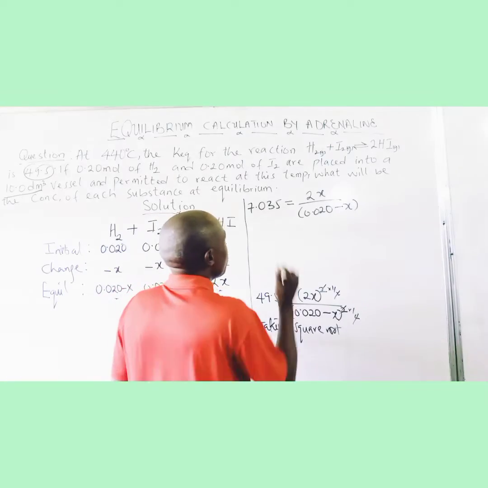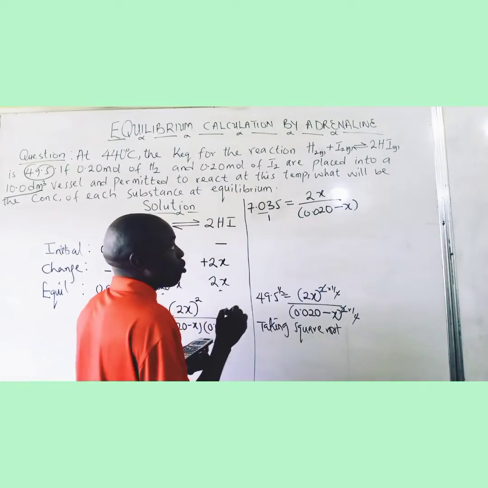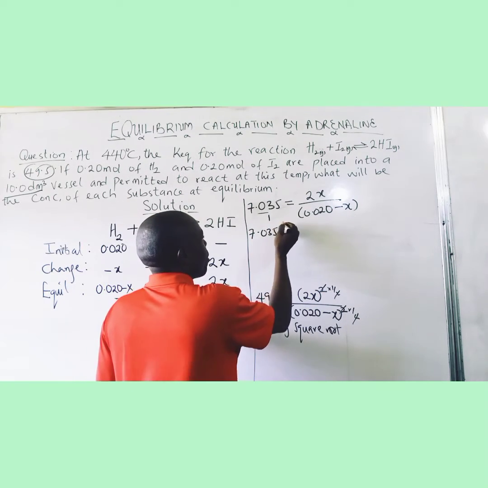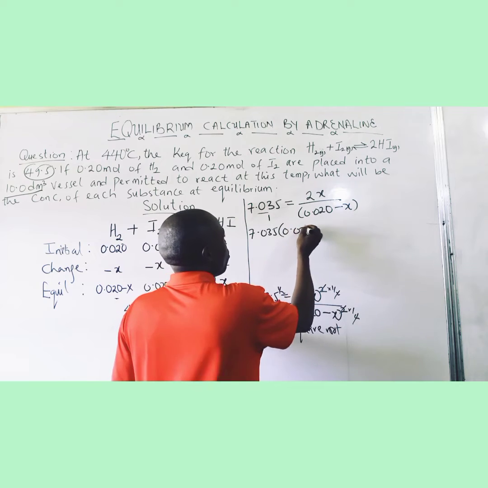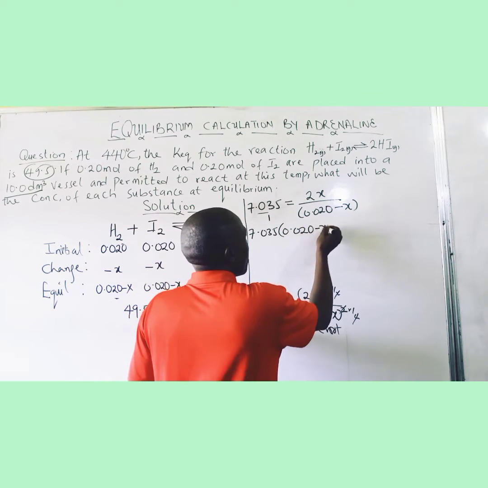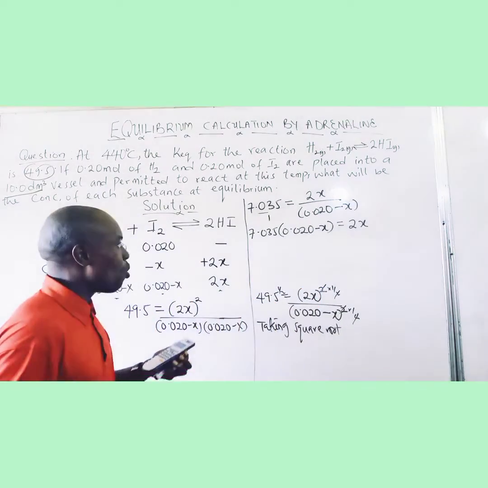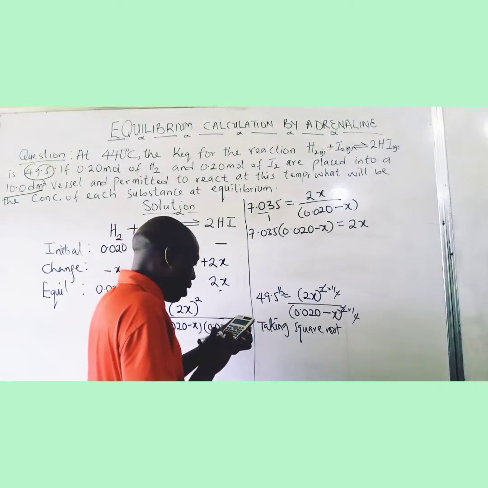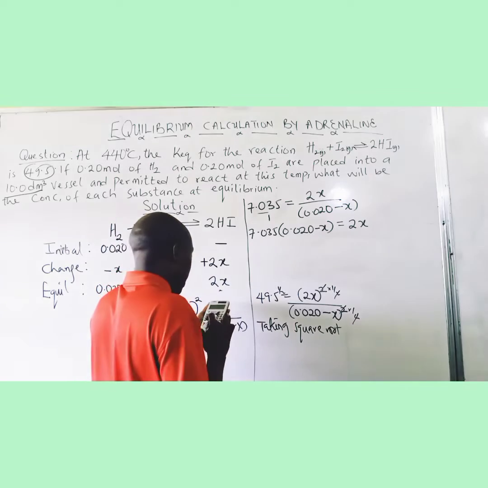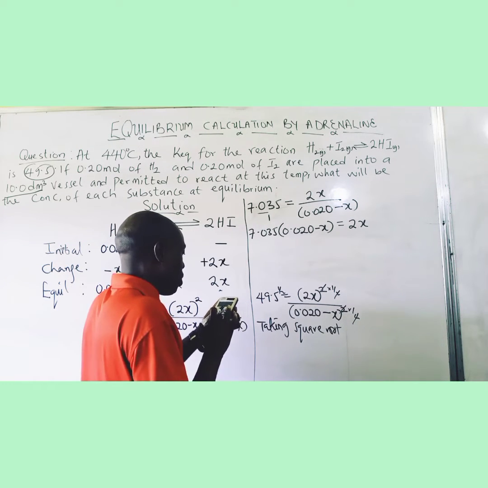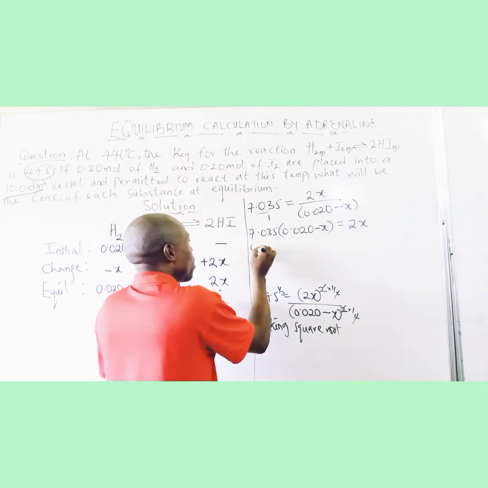So what do I do here? I cross multiply. So here becomes 7.035 bracket 0.020 minus x is equal to 2x. So when we multiply, we open bracket. Please follow me, it's not difficult. So we have here